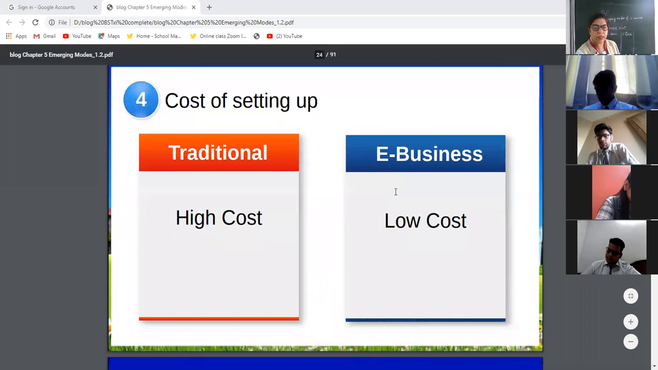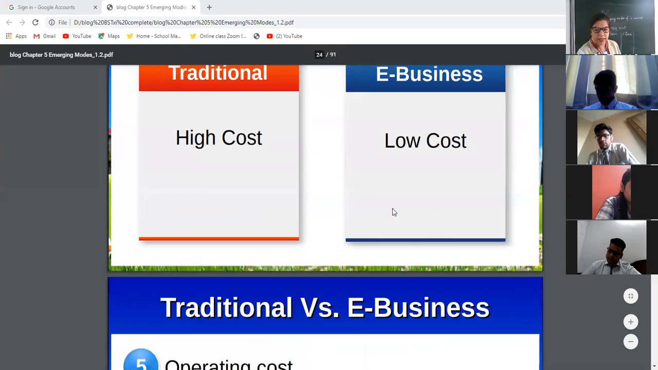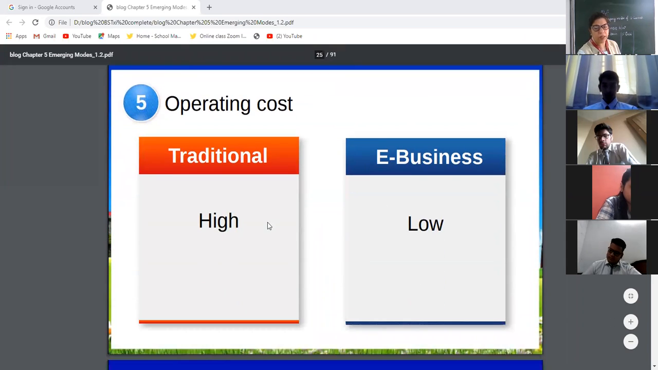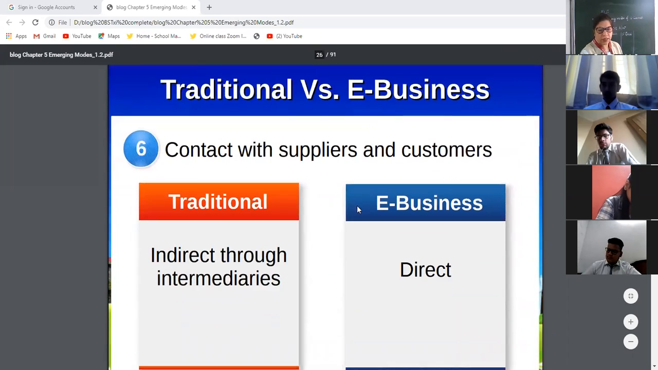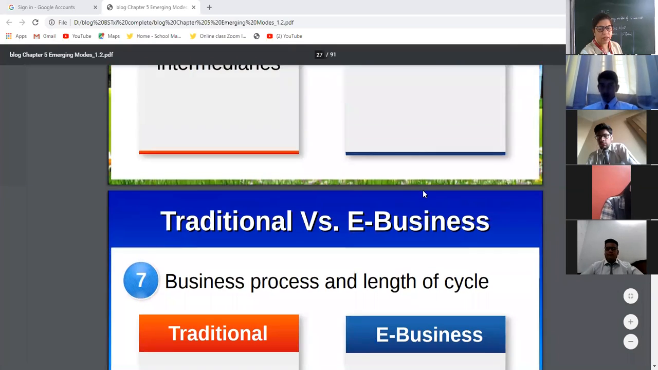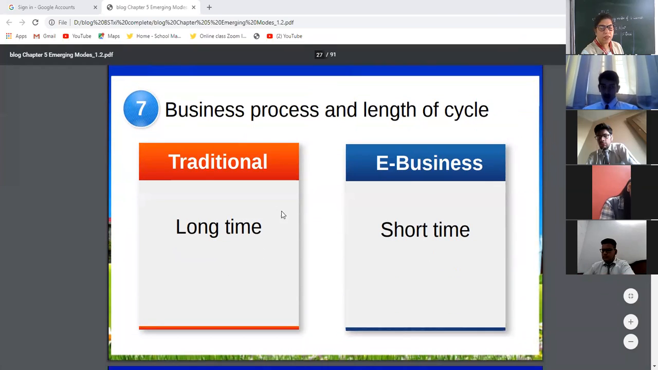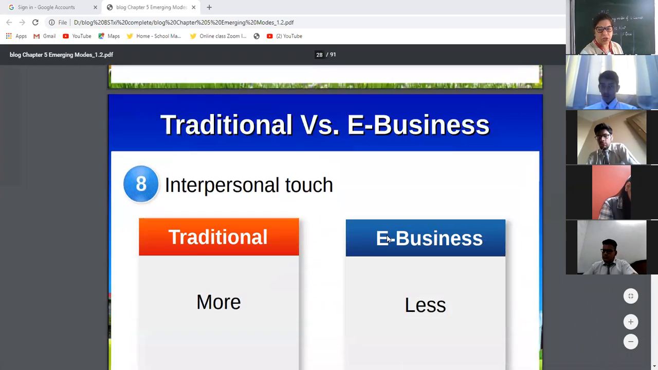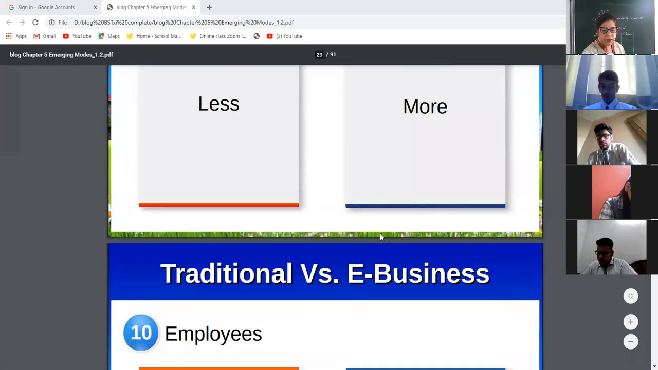Then cost of setting up, in traditional business it is very high, but in e-business that is less. Operating cost, same here. Operating cost means the maintenance cost is high, and in e-business that is less. Contact is direct in traditional business and indirect in e-business. The traditional business process or length of cycle takes a long time while producing and consuming, while in e-business that takes a short time. So today we completed these topics